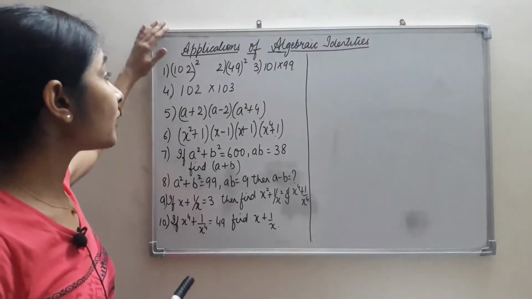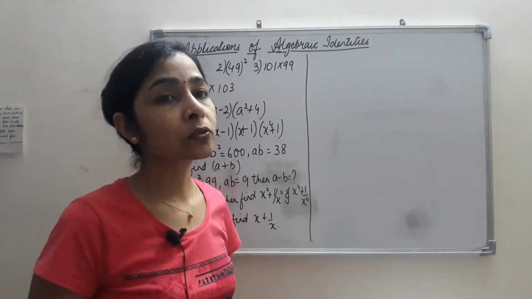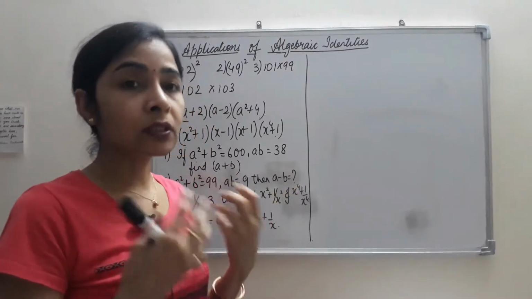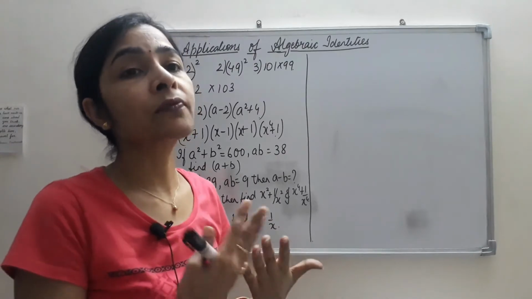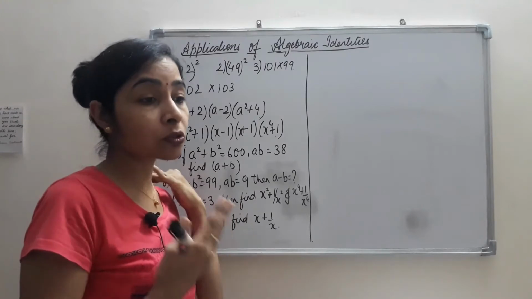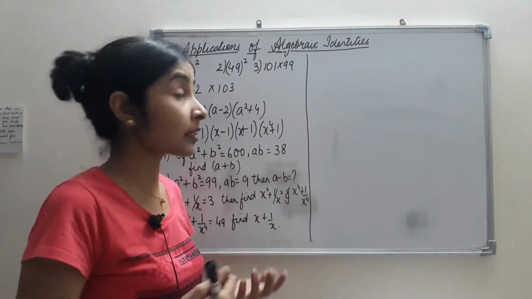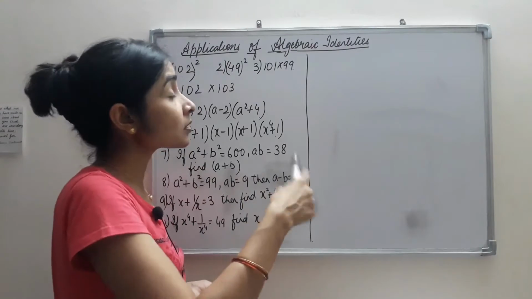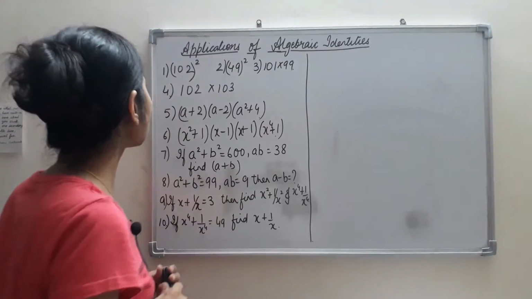Students, here we are with the applications of algebraic identities. In the previous videos we understood the concept of algebraic identities and how they are used. Now we are asked to judge where a particular identity is to be used, because in our previous video the questions were direct, and it was visible which identity to use. Here it is not like that. These are application based questions in which you are supposed to judge which identity you will use. So let us start with that.